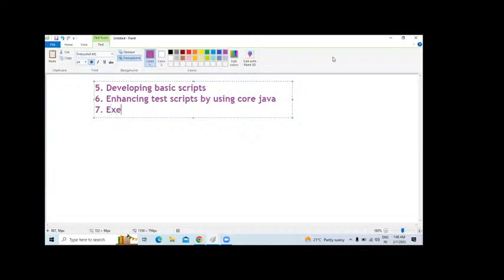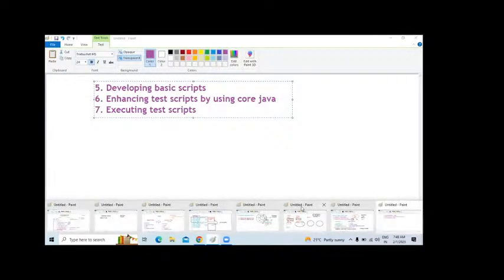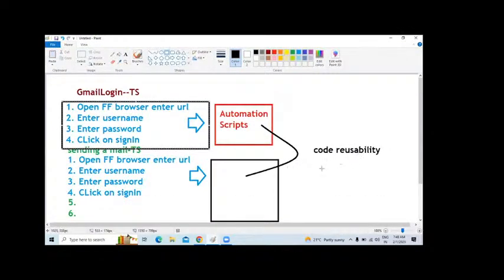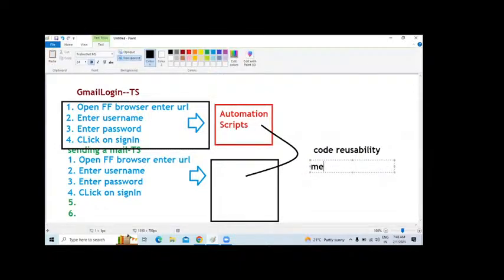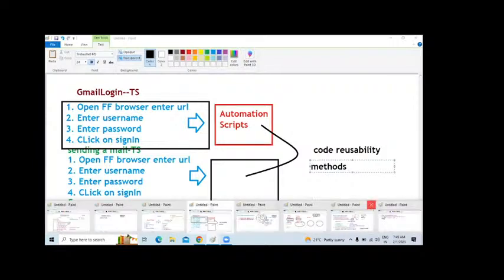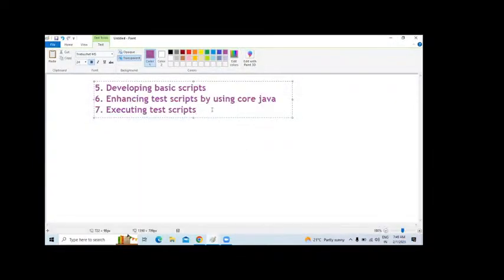Then here we have to go for executing the test scripts. The enhancements, I already said. If you want to reuse the code, then here we require Java concepts. We use methods, and with the help of that, we are reusing the code. That is what we mention here as enhancing the basic scripts. We execute them. Then here we have to